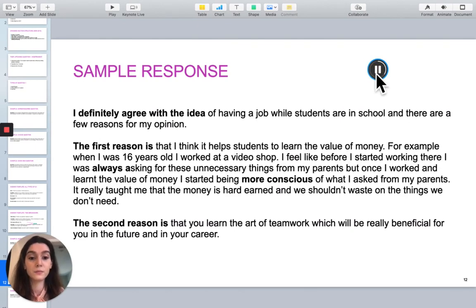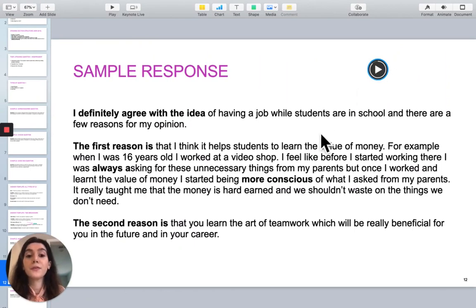16 years old, I worked at a video shop. I feel like before I started working there, I was always asking for these unnecessary things from my parents. But once I worked and learned the value of money, I started being more conscious of what I asked from my parents. It really taught me that the money is hard earned and we shouldn't waste on the things we don't need. The second reason is that you learn that